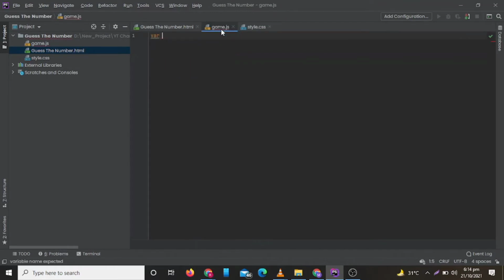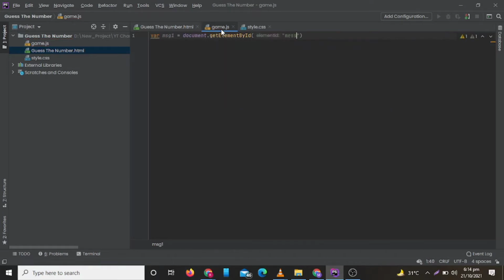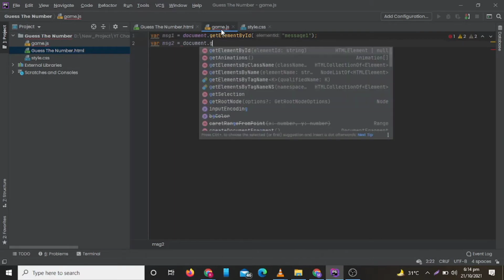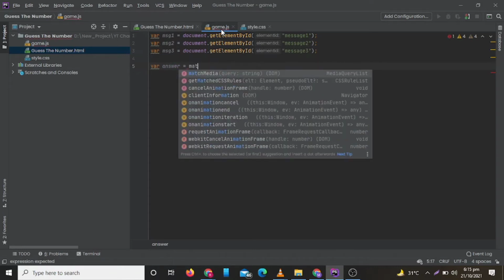Now first of all we will get our paragraphs of messages in our variables. Now let's create a random number which will be our answer and assign it to a variable.